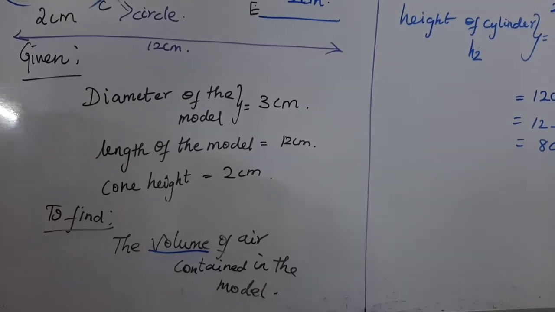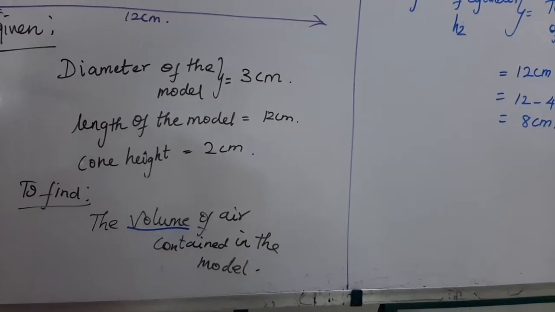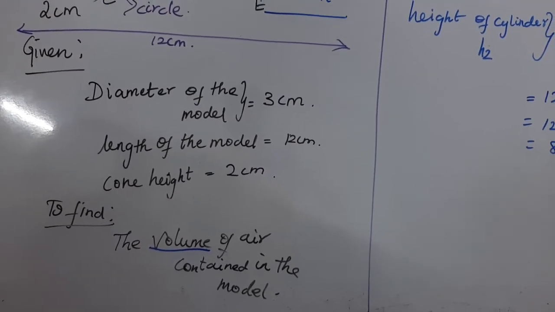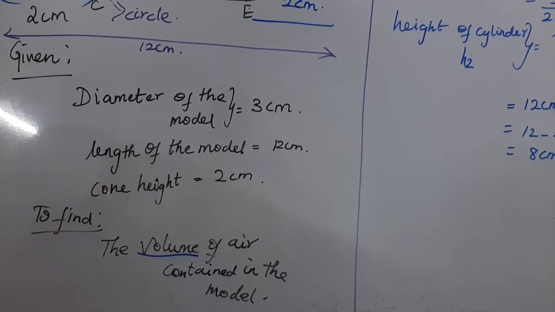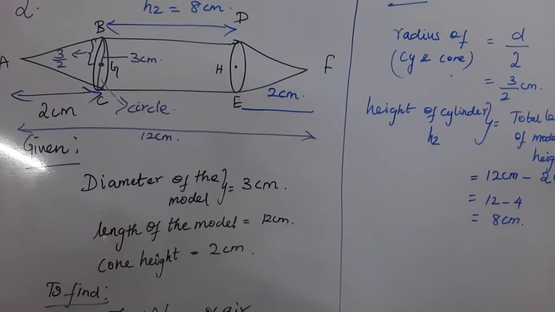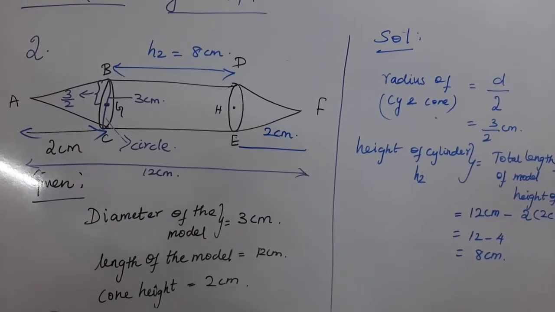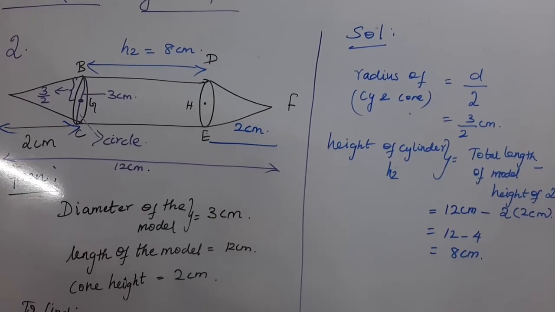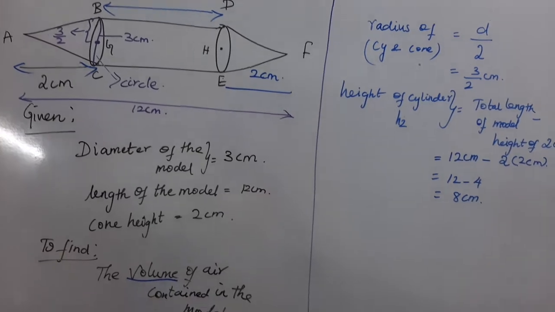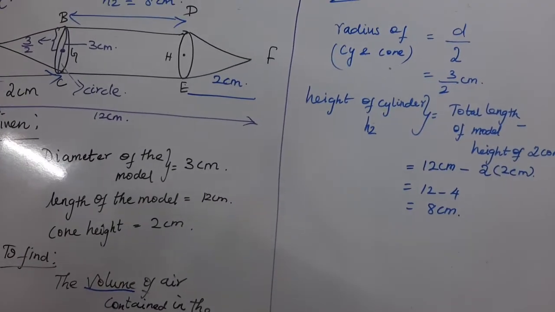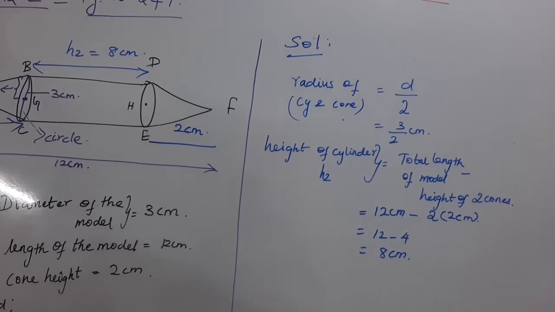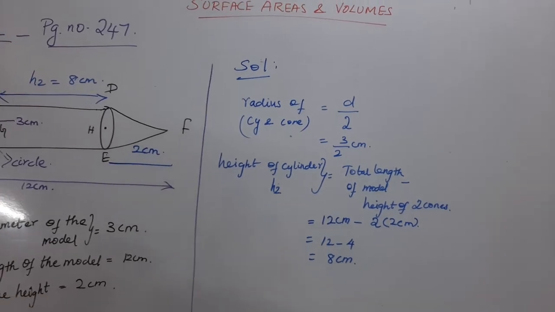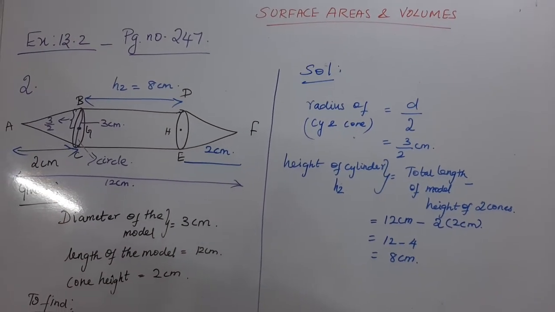of combined shapes, finding volume is very easy, because when we check for surface area, there are two surface areas. Inner surface area, which is otherwise called curved surface area or lateral surface area. We need to find out whether we need to go for CSA or TSA, the total surface area. But for volume there is only one formula for all basic solids. So finding volume, you need not get confused or go for a second thought. Simply substitute the volume formula of all the basic shapes in that combined solid.